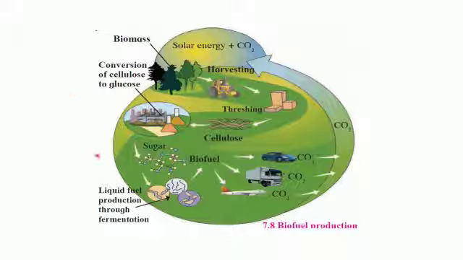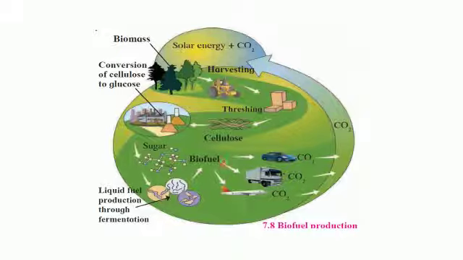Now, this sugar thus obtained is going to be fermented so as to get the biofuel. We know that sugar on fermentation results in the formation of ethanol, and ethanol is a biofuel. So, liquid fuel production through fermentation. So, liquid fuel here is our ethanol that is obtained by the fermentation of sugar. Now, this ethanol is used to run various vehicles,